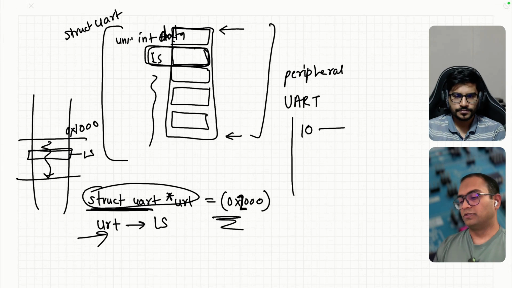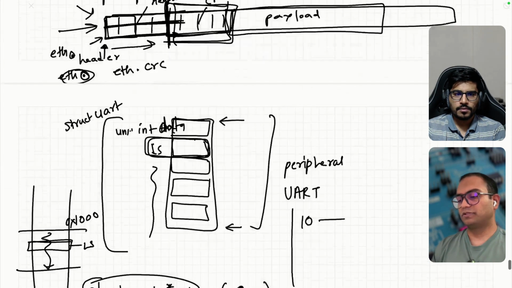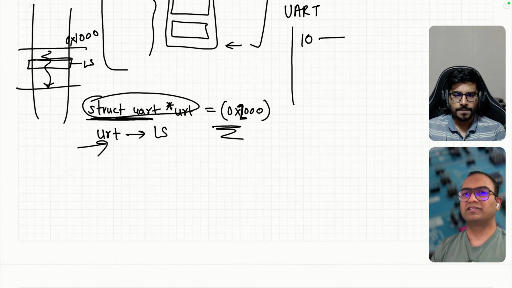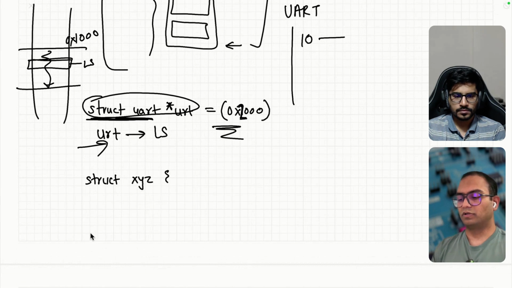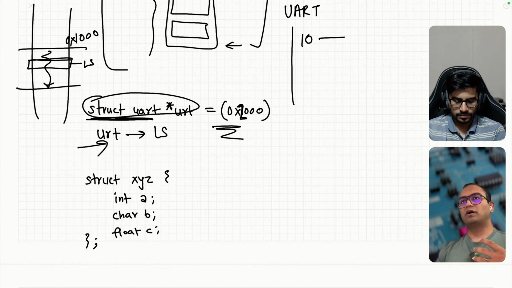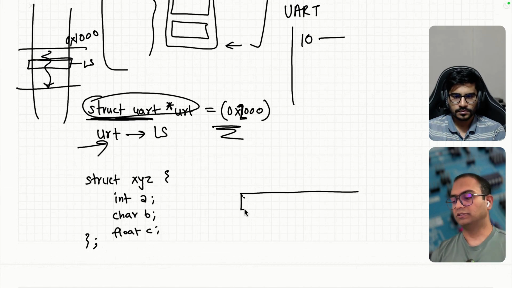So I think that's pretty much the story about the struct. And let's talk about the padding and the non-padding case. So let's say we have a struct x, y, z. This is how the definition usually is. And then let's say we have an int a, character b, and a float c. So if we are to imagine what the layout would be,